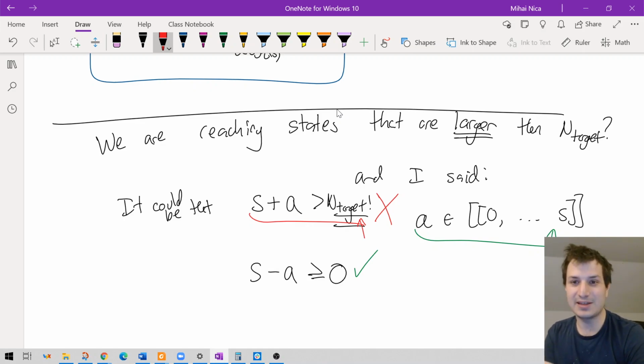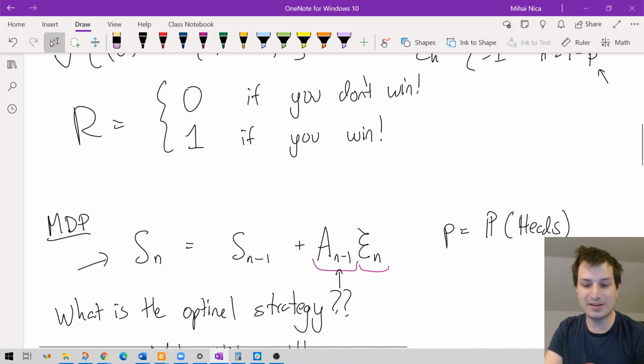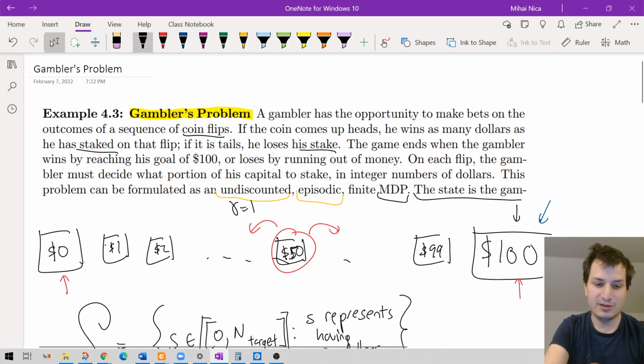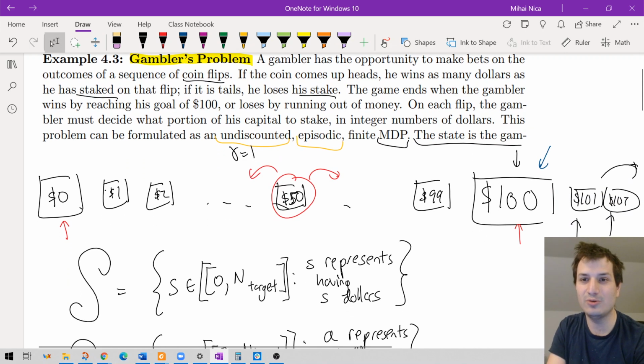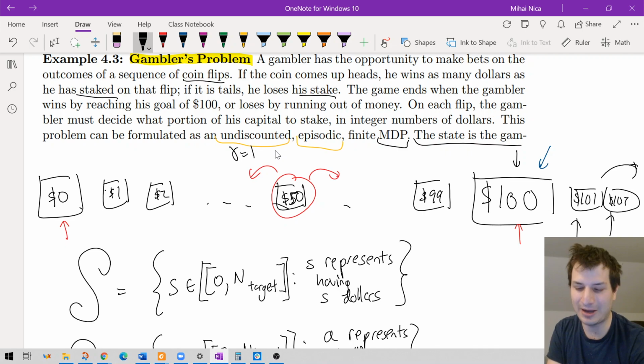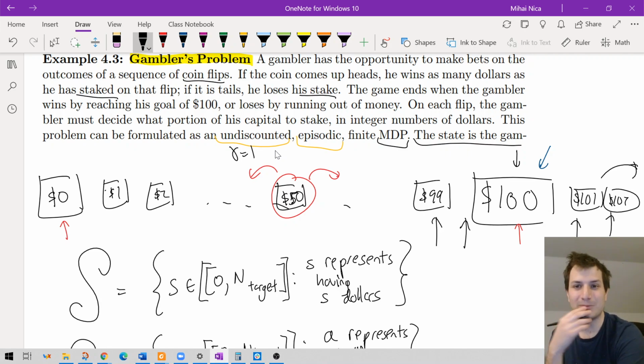So there's two ways I could fix this. I could increase the state space. Like I could say, let's make the state space actually include $101, $102, and so on. And I guess the maximum I would need is all the way up to $200 if you were at $100 already. Or I guess, okay, up to doubling your money at 99 would put you at 198. So I would need to include up to 198 in case you were at 99 and doubled your money. That's one way to do it. Another way to do it,